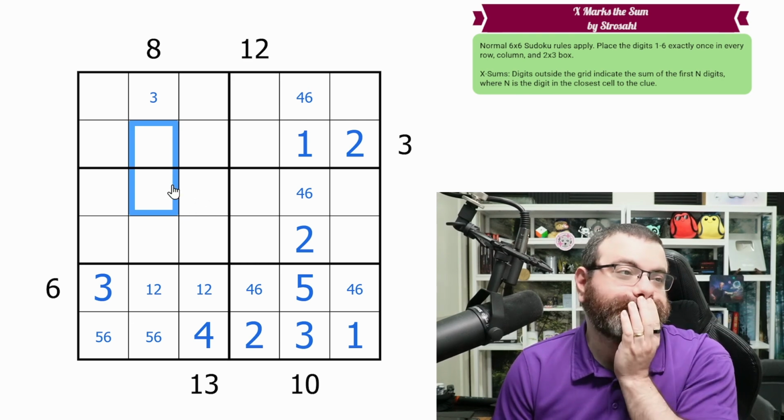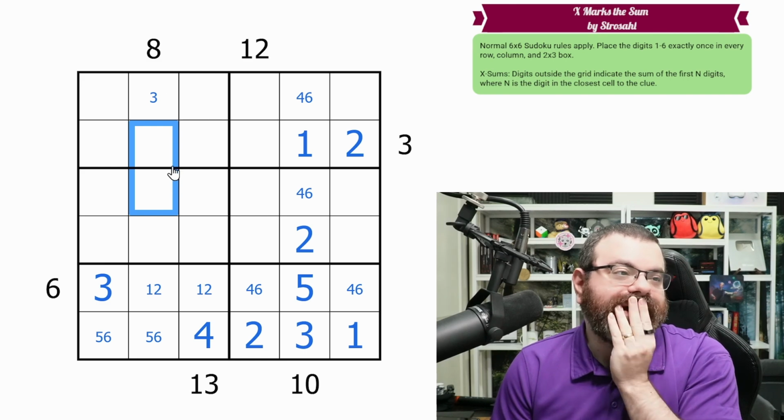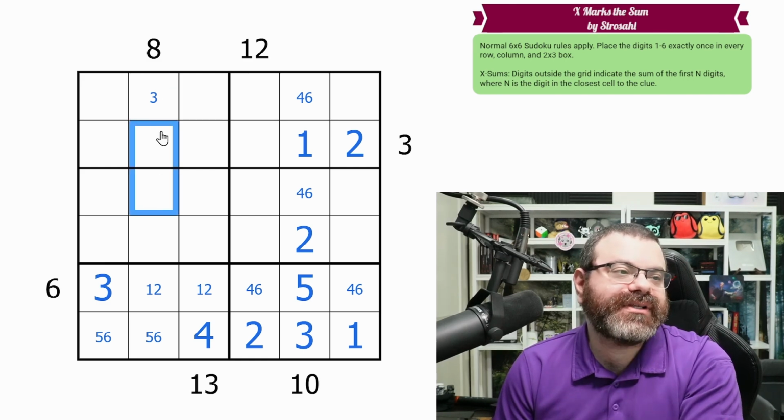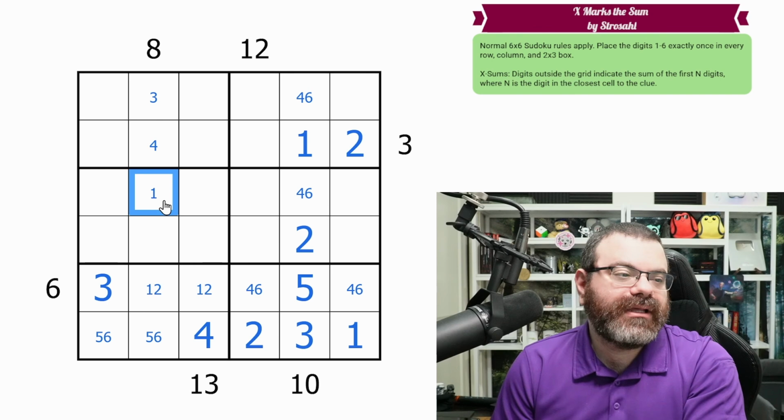Wait, is that true? Yeah, they'd add to 5 without the 3, so they couldn't be 2, 3. So that would be 4 and 1. So is there a problem with 3, 4, 1? Not that I see. Is there a problem with 2, 6? Not that I see. But that does mean that